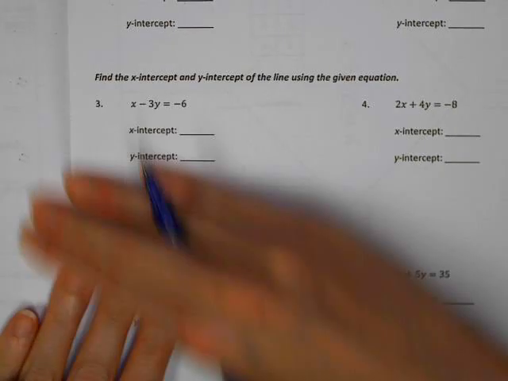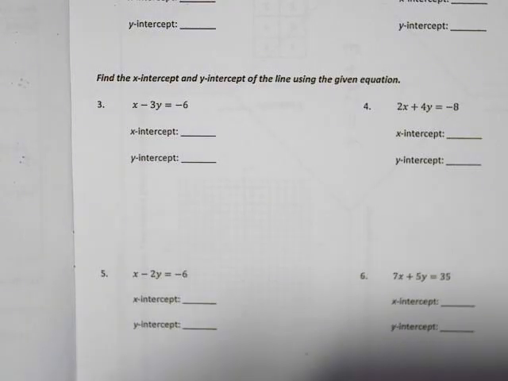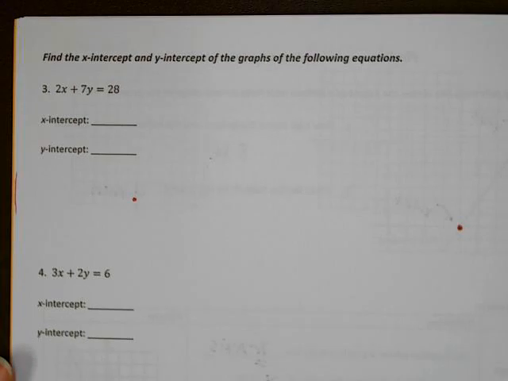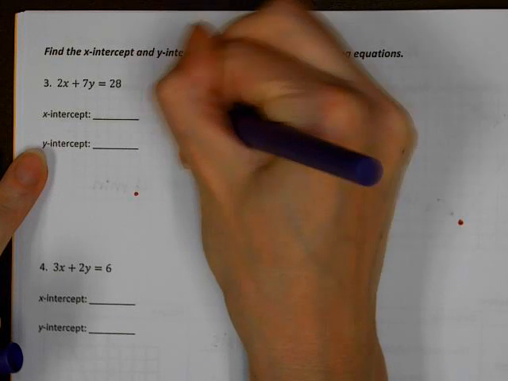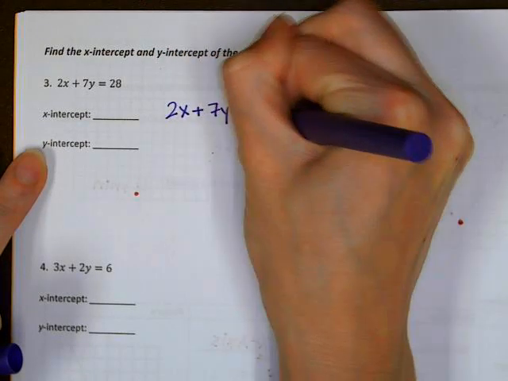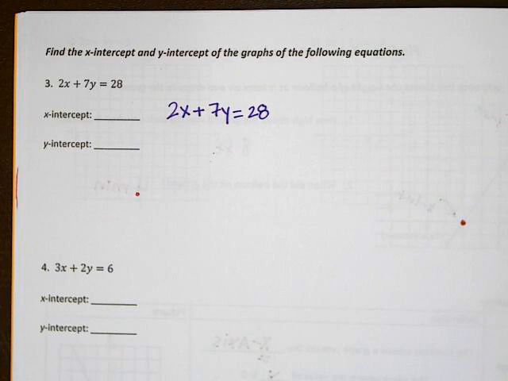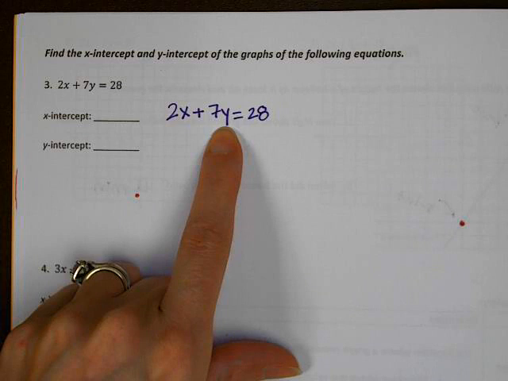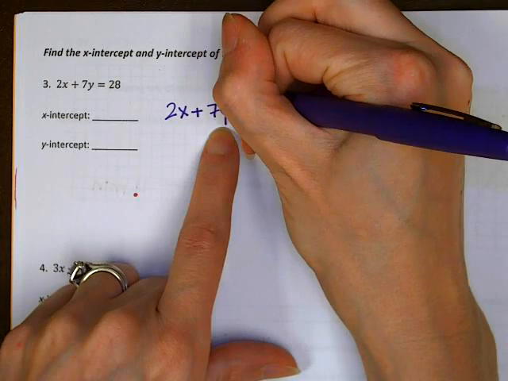Okay, now let's do it based on an equation. How can we find the x and y intercepts? Okay, so remember guys, an x-intercept is when y equals 0. So what I'm going to do, I'm going to rewrite it. 2x plus 7y equals 28. I'm just going to rewrite the problem. Remember, an x-intercept is when the y is 0. So if we were to plug in 0 here,